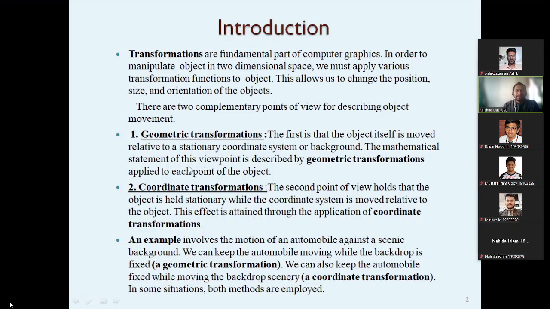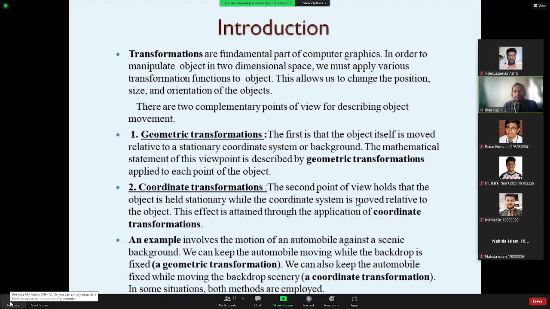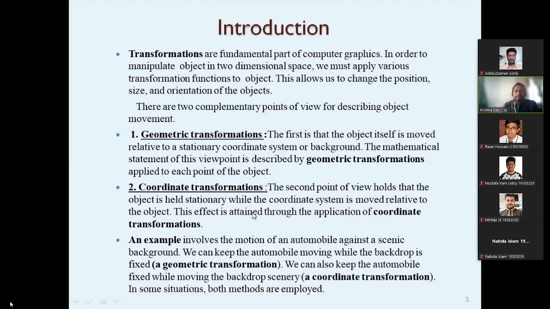The mathematical statement of this viewpoint is described by its geometric transformation. Coordinate transformation is when the object is held stationary, so it is not changing, rather the coordinate system is moved relative to the object. This effect is attained through the application of the coordinate transformation.